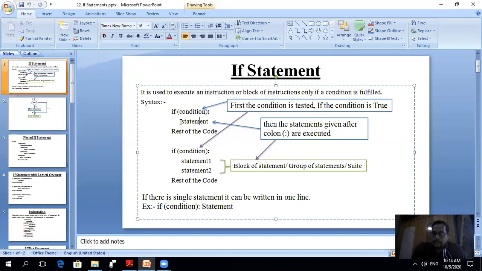Then inside this, you have to write either a single statement or more than one statement. That's why it says an instruction or block of instructions. Block of instructions means you are writing more than one statement. If you are writing a single statement or more than one statement inside the if condition, here you have to put some space. This is called indentation.